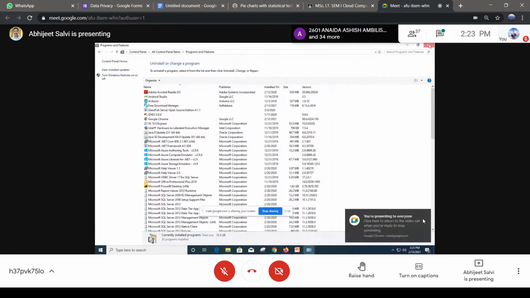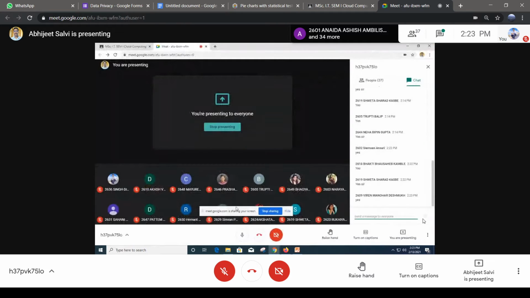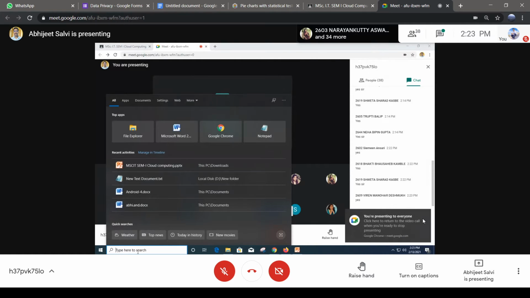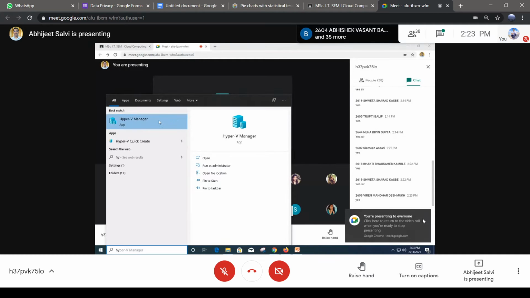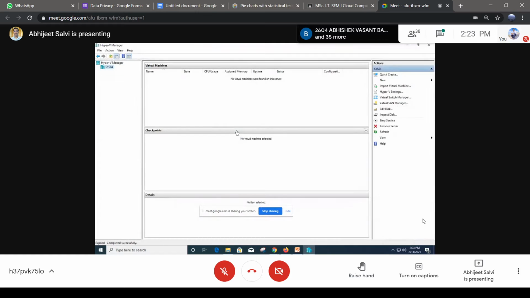Let me close this window. So we install that tool and now we have to start. Right? So how will we do that? We have to go by Hyper-V, one of the tools. We'll get this kind of interface over there, with the machine name.